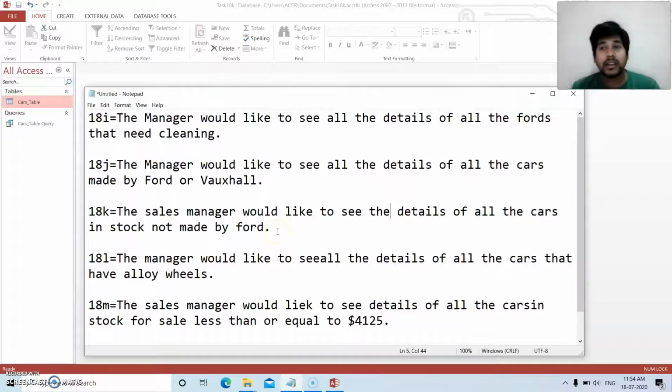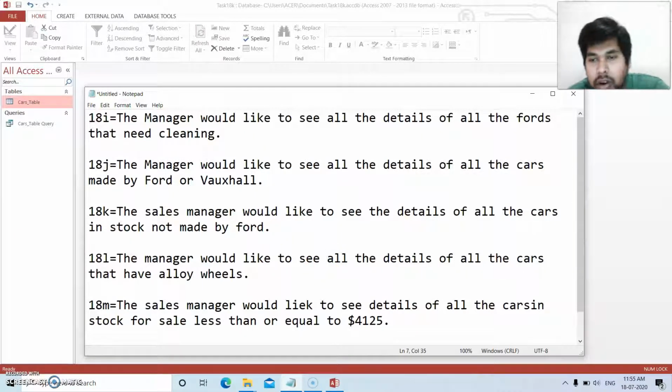We will see the 18L. It says the manager would like to see all the details of all the cars that have alloy wheels, right? Alloy wheels come in the extra column, right? So I just want to display those car details which have alloy wheels as an extra. So this is 18L practical.